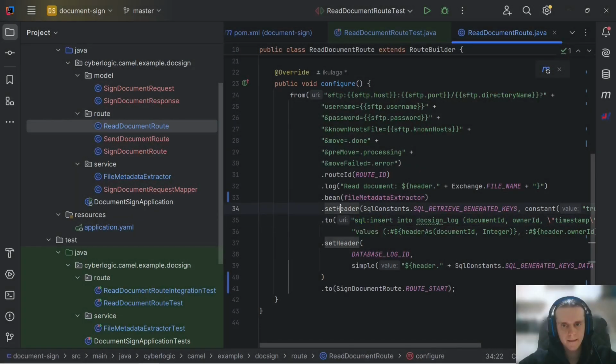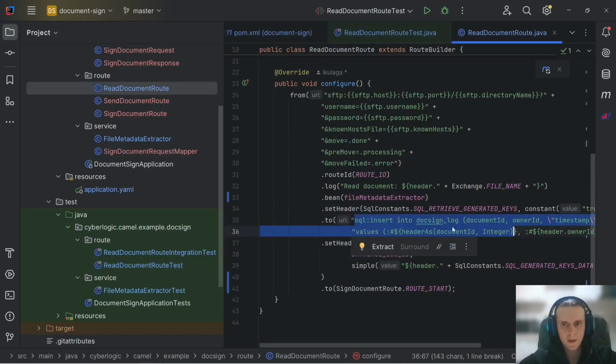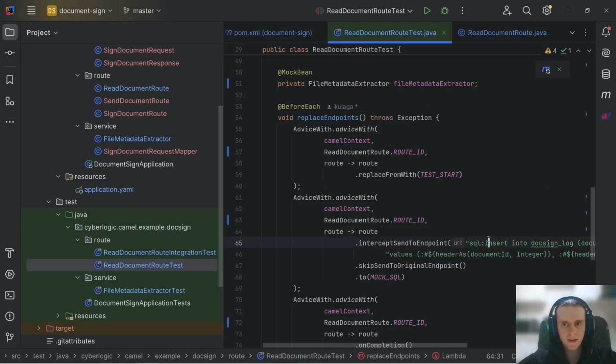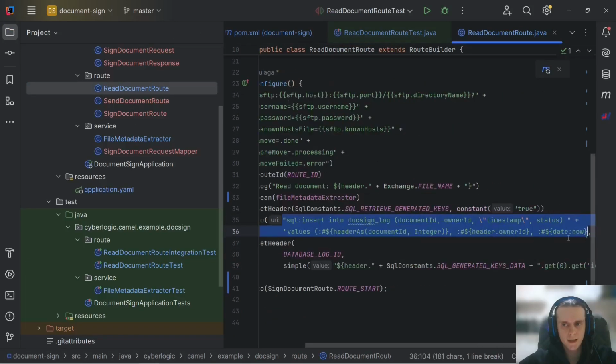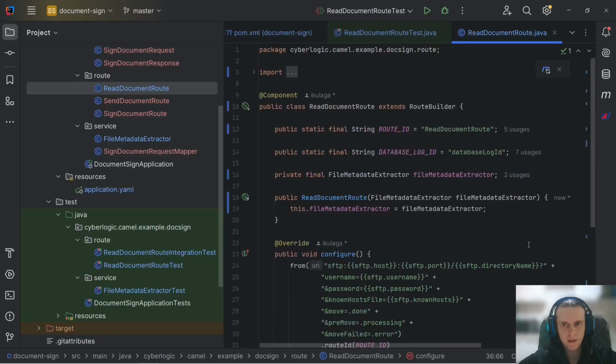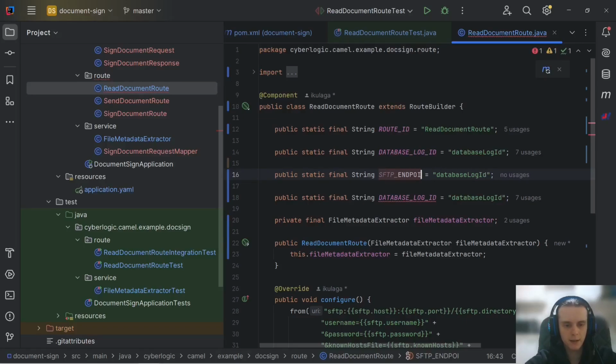As you can see, here we have our SQL insert string, and in our test we also have the same string when we specify which endpoint should be mocked. Now, if we make any change in our SQL query, our test will fail because the mocking will not happen anymore, because this endpoint will be different from the changed endpoint. To avoid that, it is better to have our endpoints as public static final constants,